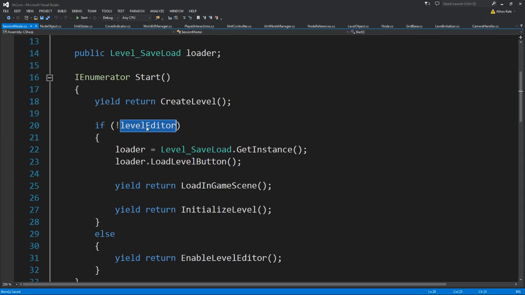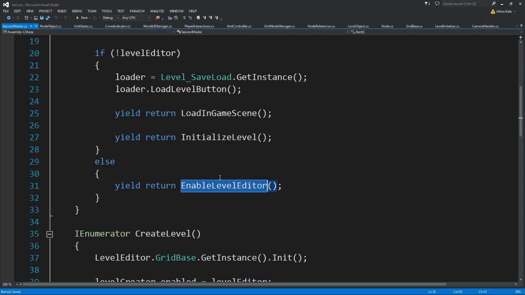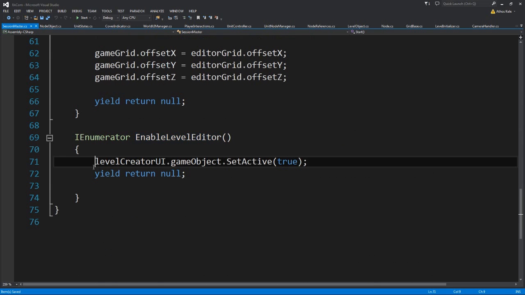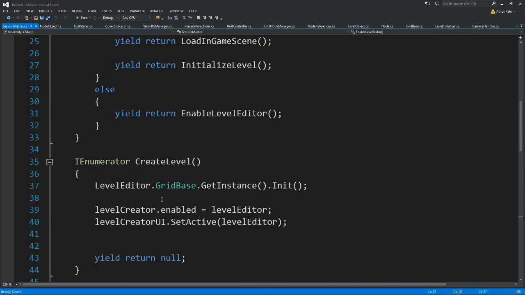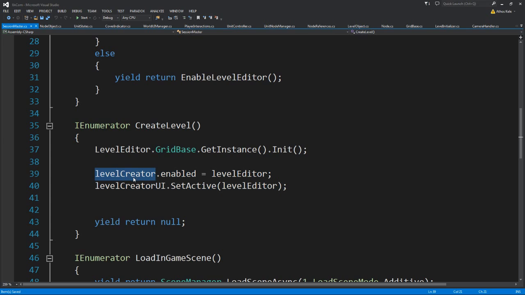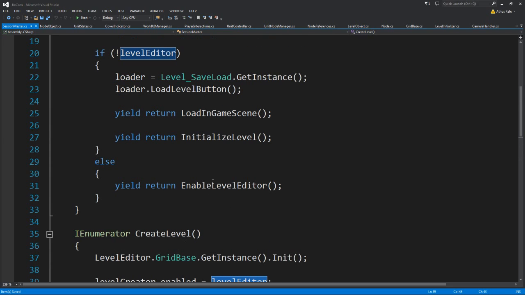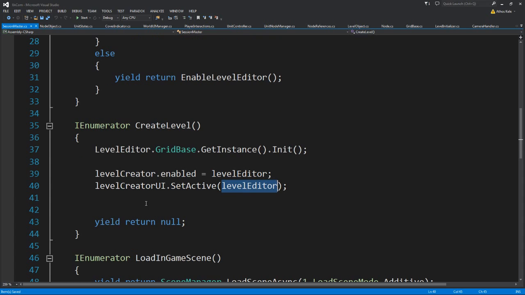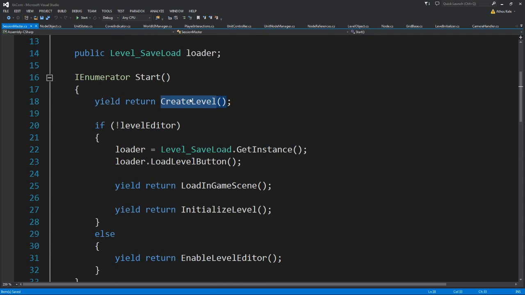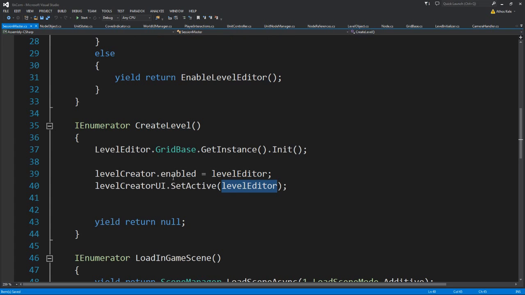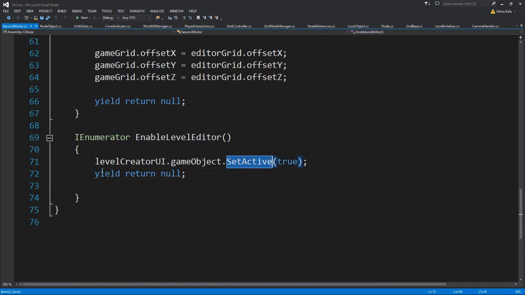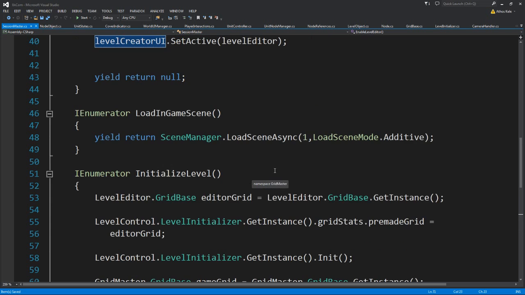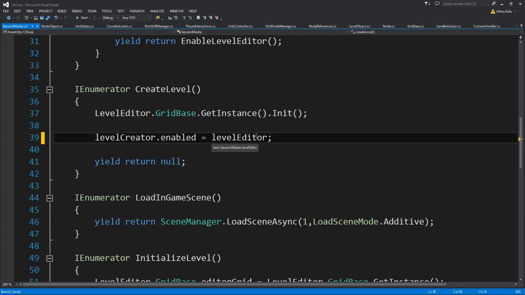Now if we want to use the level editor, we go into the coroutine called enable level editor. What this does is enable the UI of the level editor. It controls whether the level creator script is enabled or not. It's controlled by the boolean level editor, and the UI is also controlled by the same boolean. So it will run this, and whether it's enabled or not is controlled over here. And the actual enable level editor is going over here. It might be a bit redundant to have this one, but let's just keep it, and we can delete this one. Okay, it creates the level,